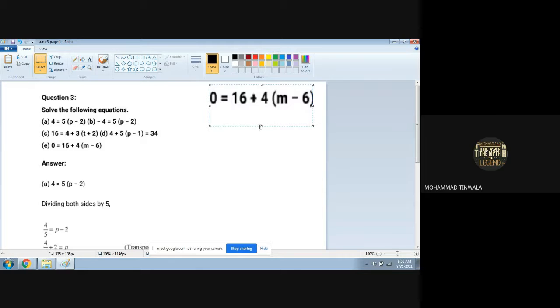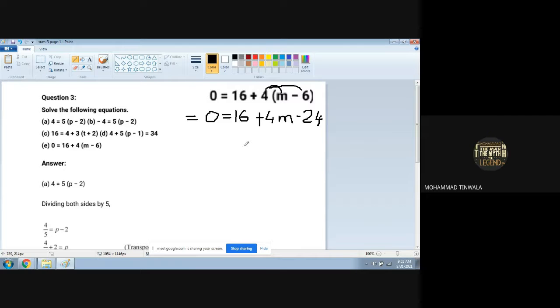Yes, sir. So 16 plus 4, it is there from the start. What we have to do here is 0 as it is equal to as it is. This 16 will be as it is. This 4 is multiplied with m also and 6 also. So plus as it is, 4 into m, 4m, plus minus minus, 6 4s are 24. Any doubt with the first step?